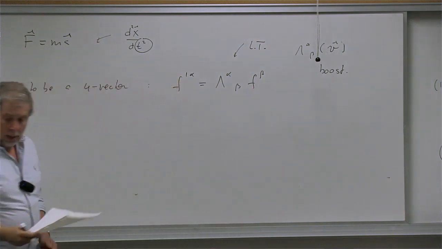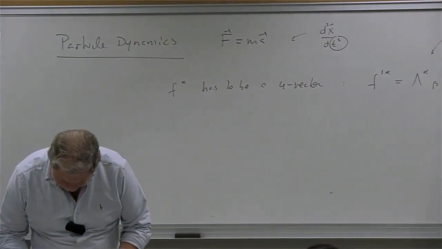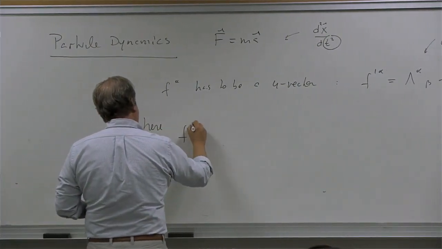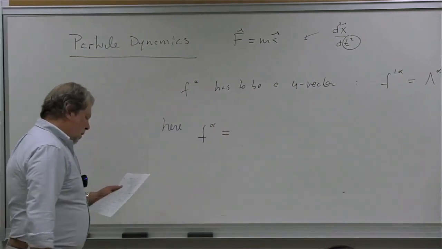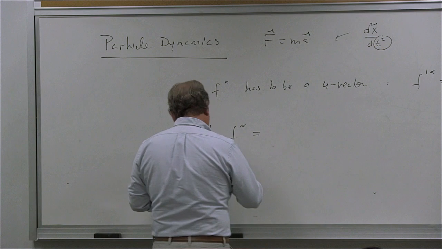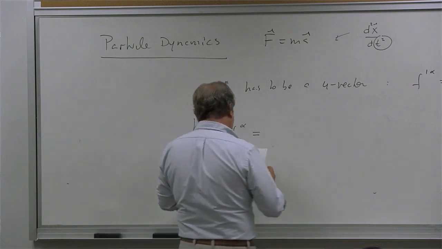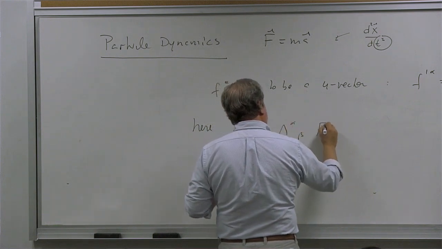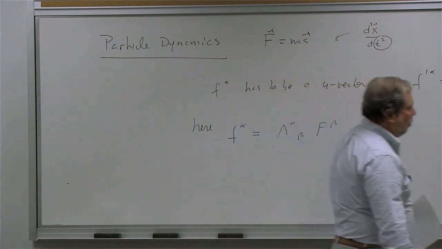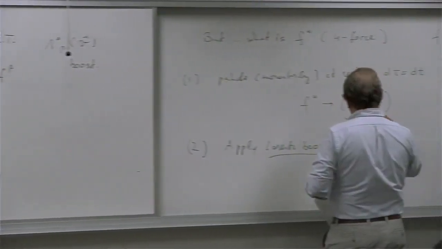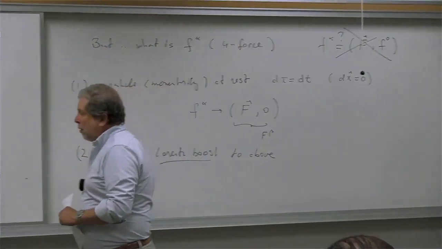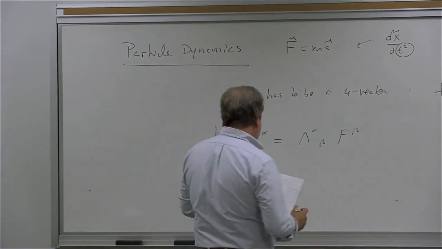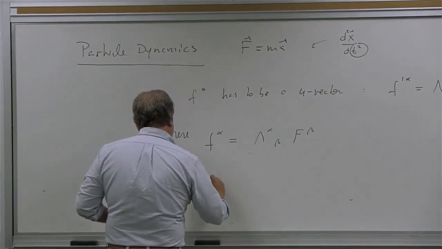And so what we do is we take F alpha and write it as lambda alpha beta times F beta, where F beta is this thing here. So we apply the Lorentz boost to the expression that is correct at v equal to 0. And so we get, as an exercise,